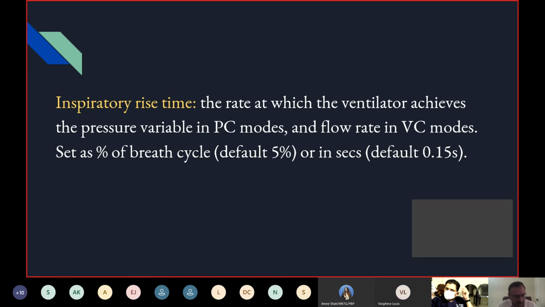Now, what is the problem? If you deliver it very fast, if it's a very tight lung, then what might happen is it might touch the pressure limit and cycle off. So you should look at whether you can do something to the inspiratory rise time. Can you reduce the speed a little bit so that the patient gets a little more time in inspiration, and whether that will help. So if it is too fast, that is the problem. If it is too slow, what you should realize is